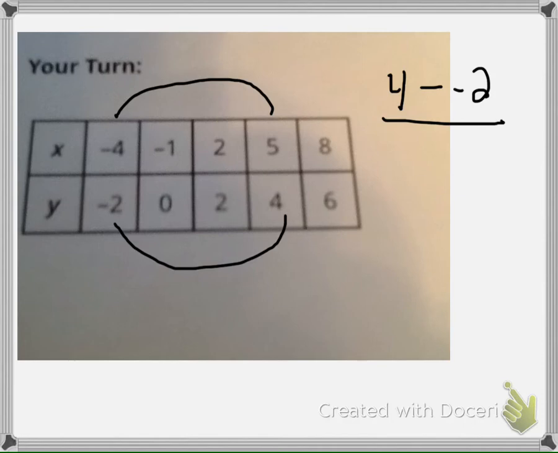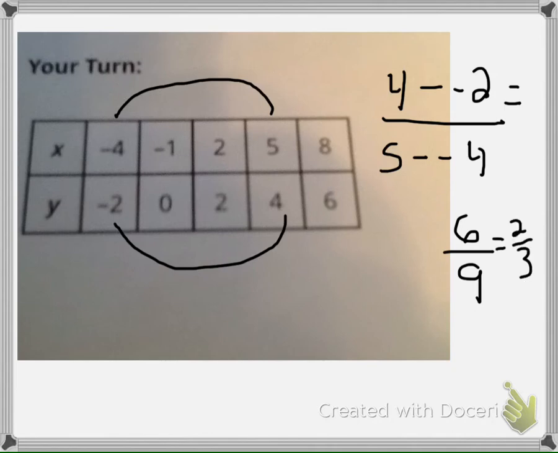over, now I have to do x2, 5, minus x1, 4. Okay, so now if I do that, 4 minus negative 2 is equal to 6, and 5 minus negative 4 is equal to 9, and in simplest form, the fraction 6/9 is equal to 2/3. So no matter which points you use, you should have gotten 2/3 for your final answer, even if your work